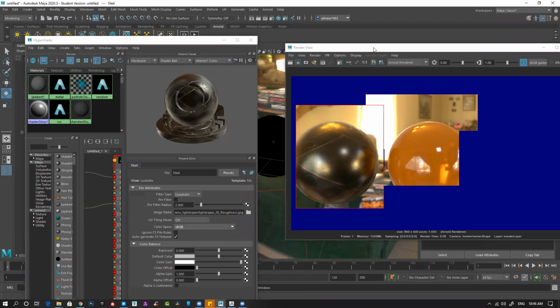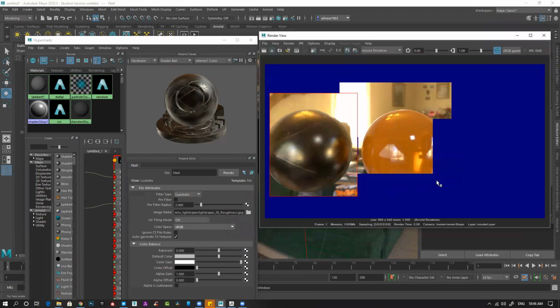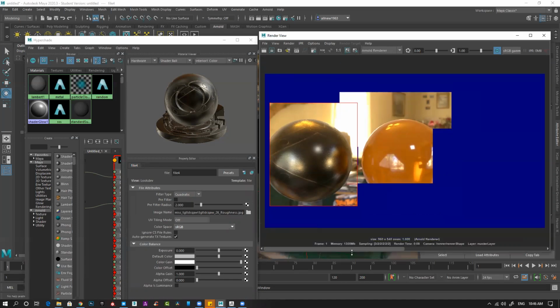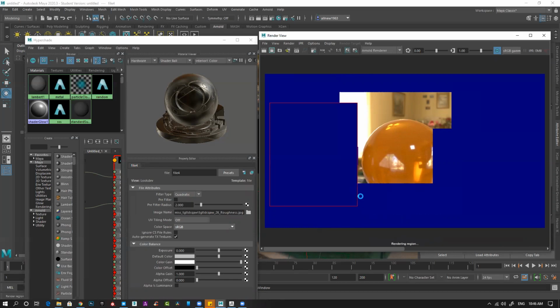Then I'll show you what is the difference, what happens here. If you click on keep image, it basically saves the screenshot. And now if I render it once again, it will render the new setting once again. So you have something to compare.